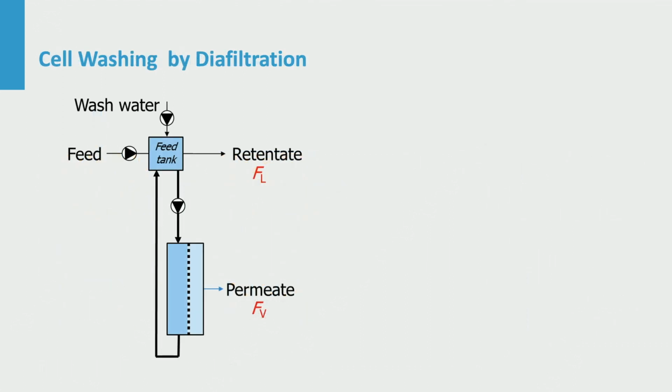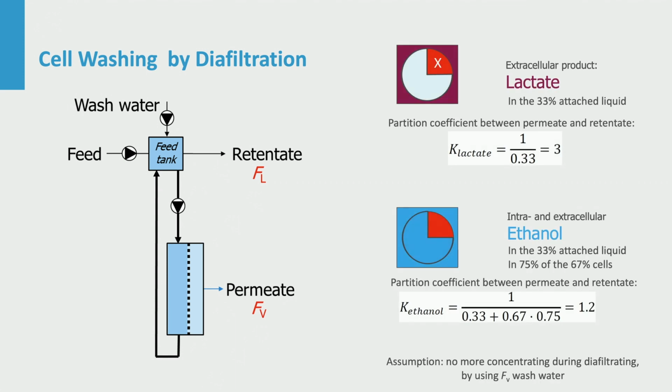Removed cells usually need washing, with diafiltration as one of the options. Then, extracellular product distributes evenly between the wash water and extracellular liquid. Countercurrent operation is useful. We can use the separation factor in the Kremser equation. The separation factor includes the flow rate, but also the partition coefficient between the two aqueous phases. That coefficient is not unity because part of the feed does not participate in the equilibration of the solutes.